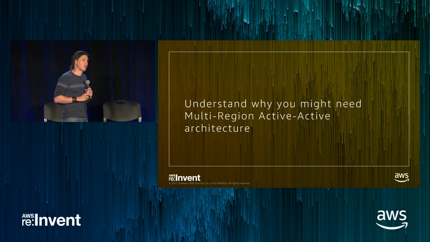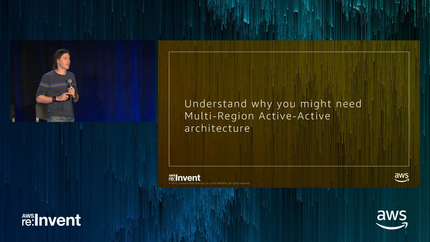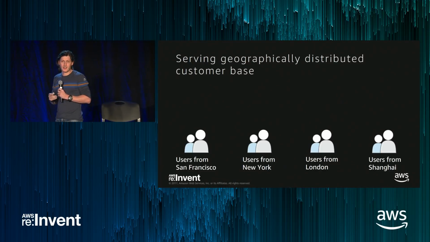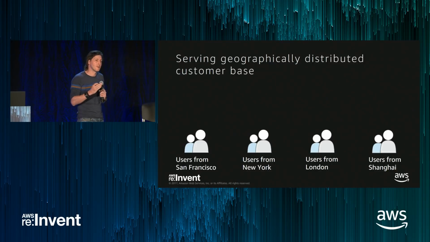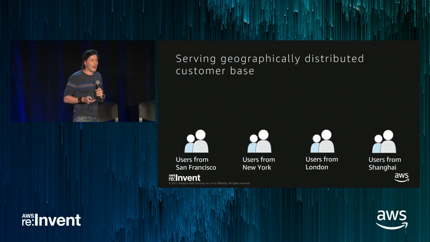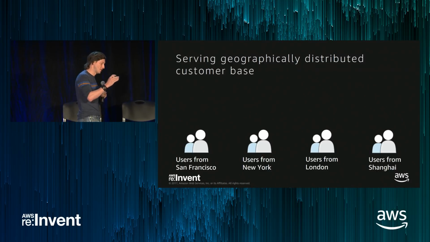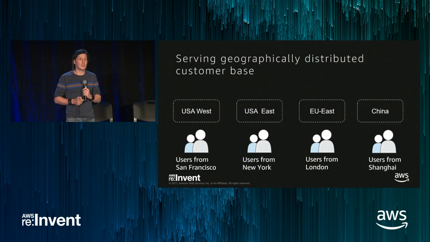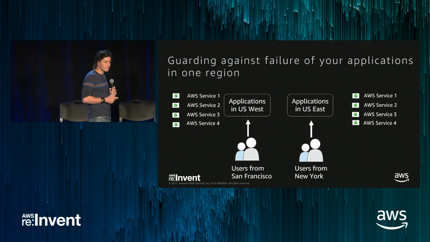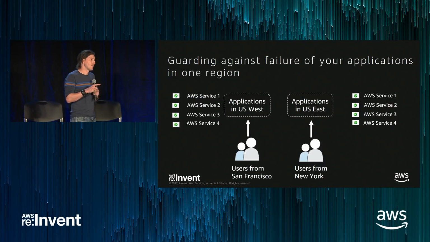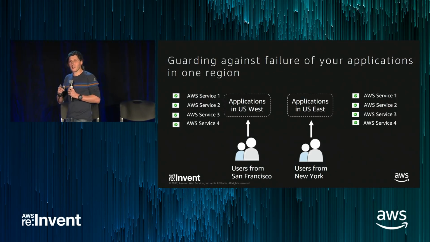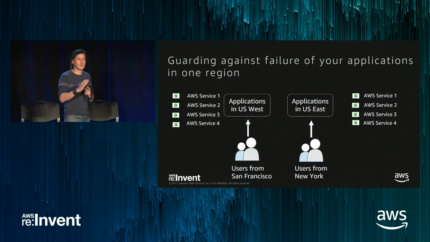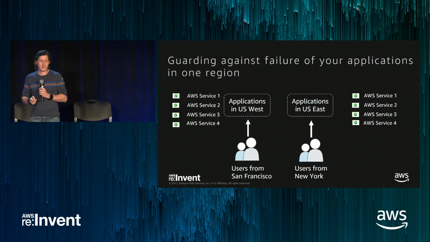So what are some of the reasons you may want to use a multi-region active-active architecture? One of the most common reasons that I see that is defensible, really independent of the availability modeling actually, is if you have a geographically distributed customer base. If you've got customers in the US, in Europe, in Asia, you want to have them using their closest region. This helps with latency. But when you're doing this, you've got to think about each service within each region. So for example here, you can see there's users in San Francisco, users in New York, using West and East, and they're using a number of different AWS services there.